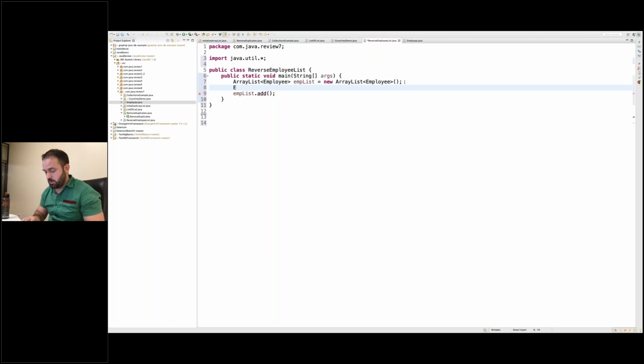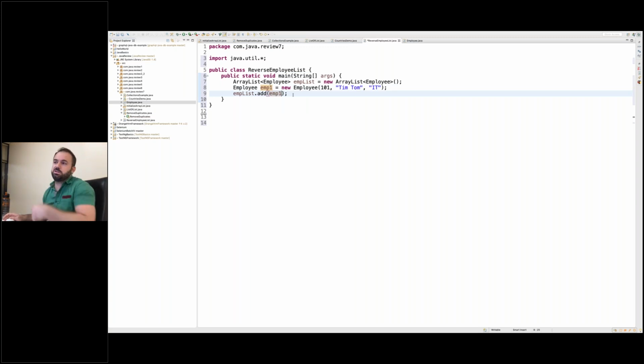Say like this, employee emp1 whatever equals new employee. So you create the object, assign it to the variable, and just use the variable here. Okay, so this is one way. The second way is you directly